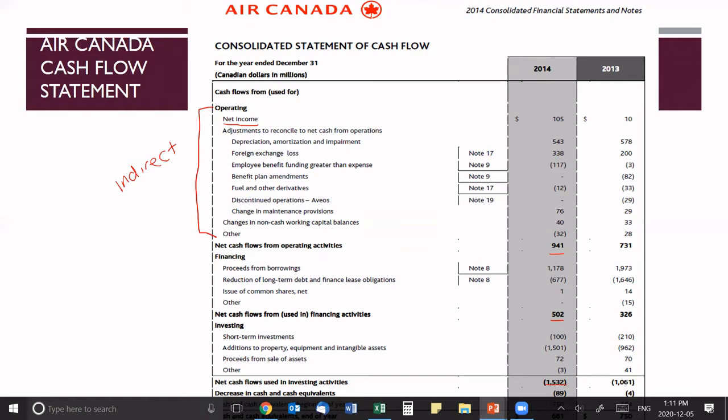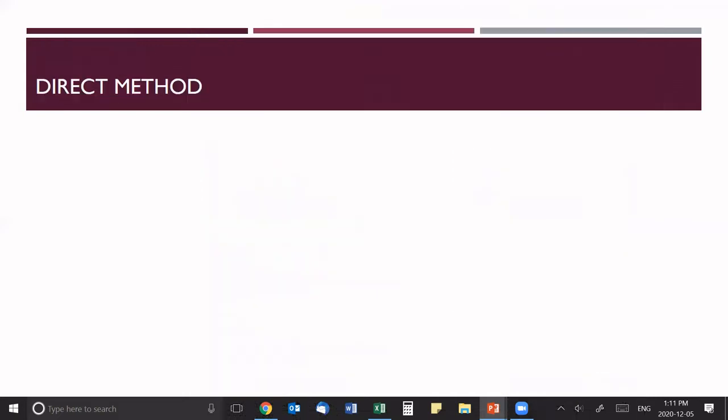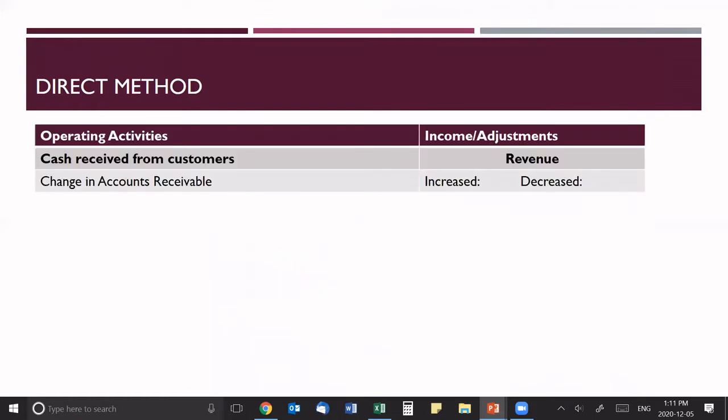as your cash account. All right, so for the direct method, let me show you how you do the direct method. So for your operating section, you're going to split everything up. So cash received from customers. That's the first section of your operating activity section. So you're going to write cash received from customers, and then you're going to put in your revenue amount. Okay, so first part of the direct method, cash received from customers, and you're going to put in your total